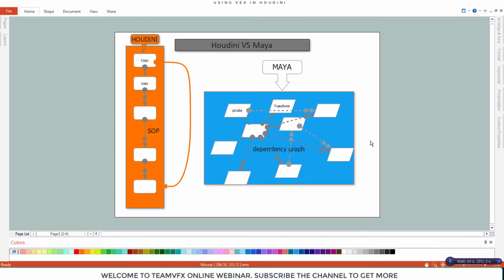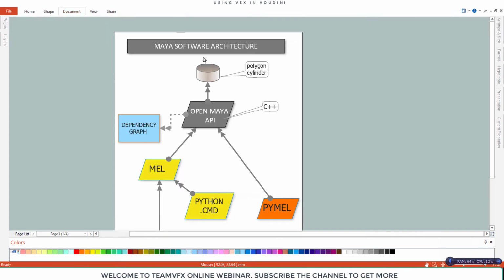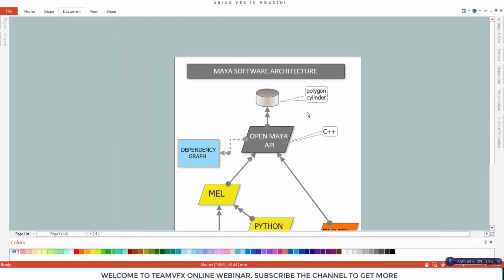Okay guys, so let's see in detail how the node structure and the concept of Maya works. Over here we have a basic graph of how the Maya architecture works.